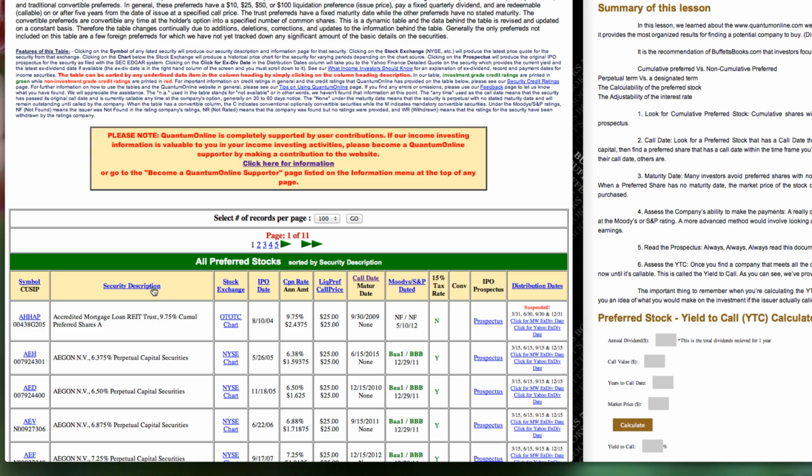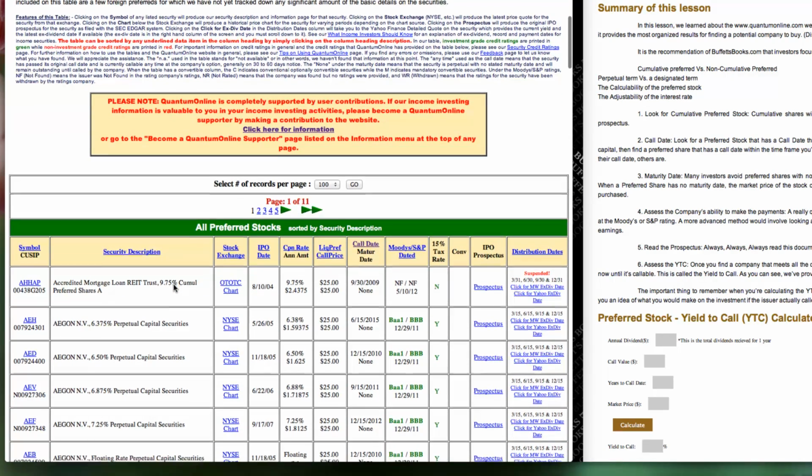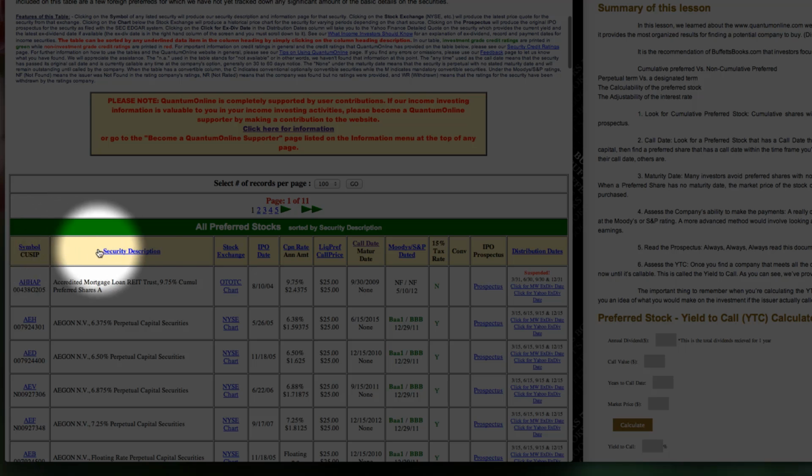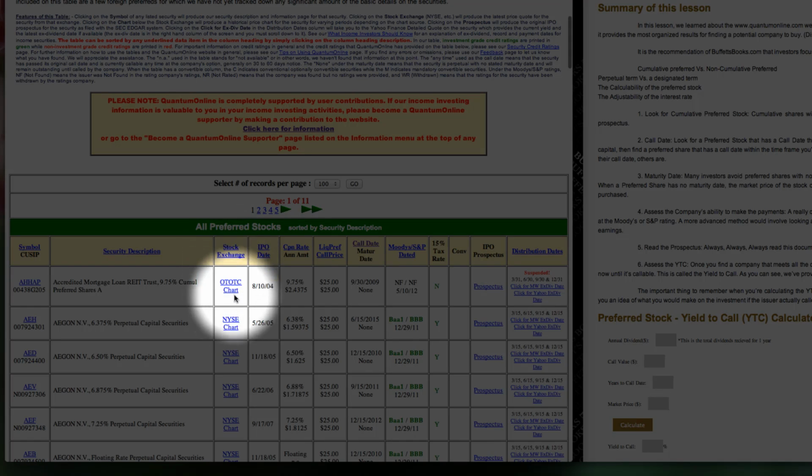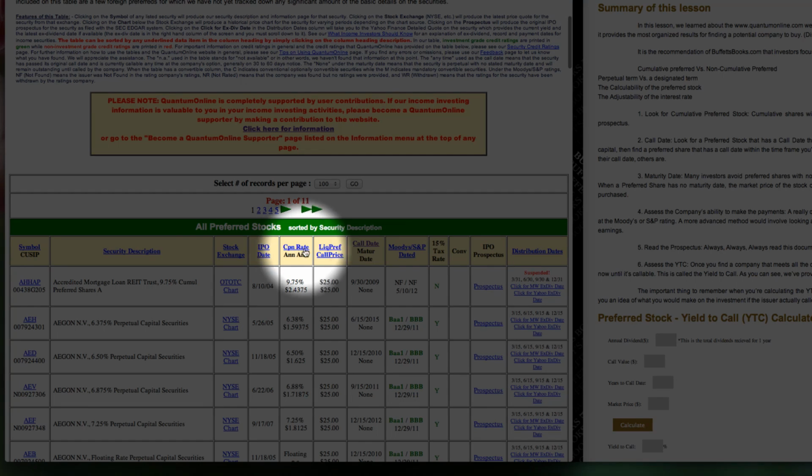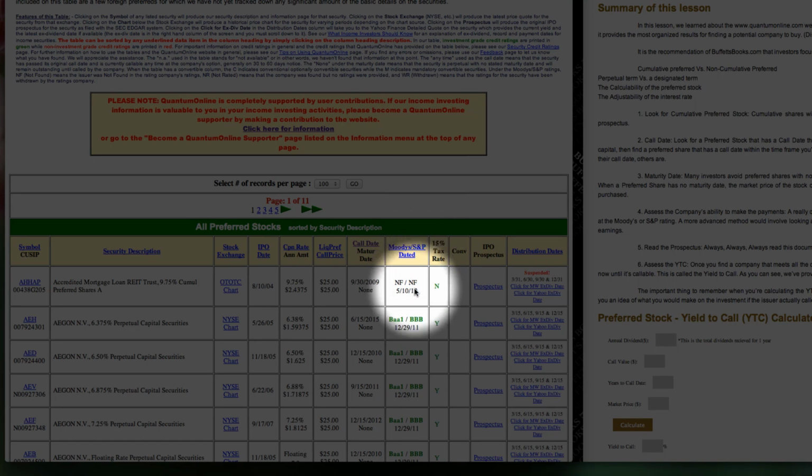So we'll just start from left to right, and as you can see at the very top you have the symbols, the description of the security itself, which stock exchange that security is on, the date that the security was introduced, which is the IPO date, the coupon rate, and the annual amount that you'd be paid for a dividend. It says the coupon rate there. You can say the dividend rate, the call price that the preferred stock would be called at, the date for the call, and also the maturity date,